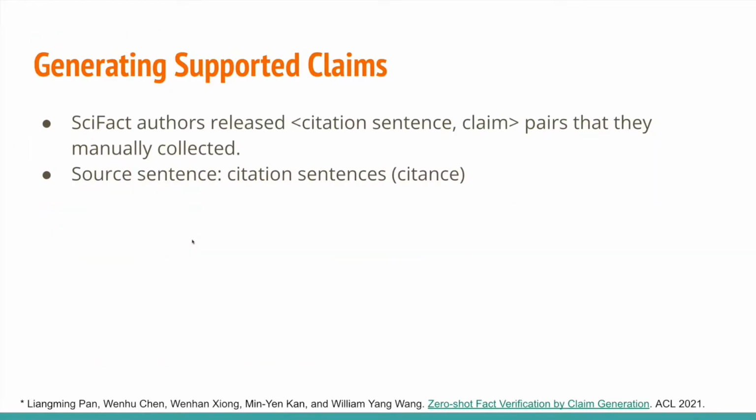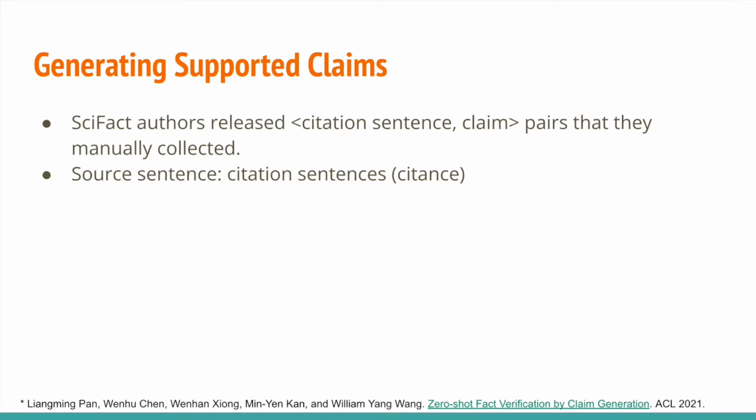After those preliminaries, let's jump into the actual approaches the paper worked on. The core part of the paper is generating the claims and their negations.